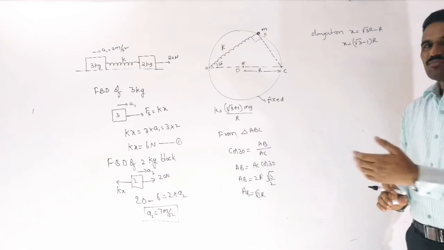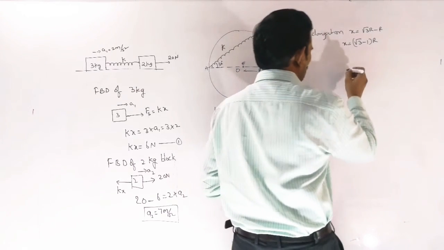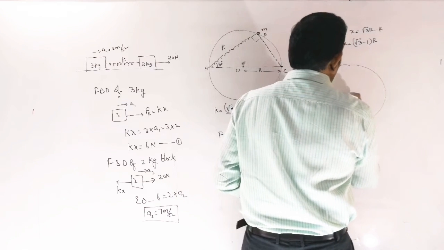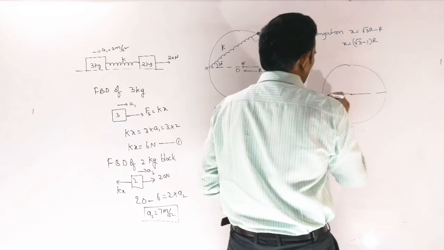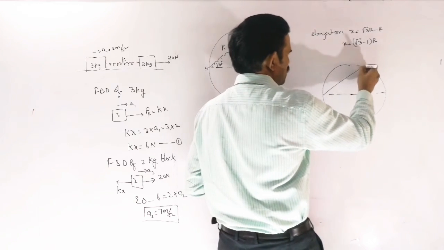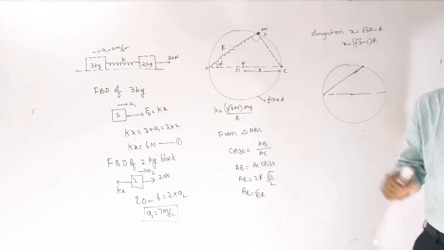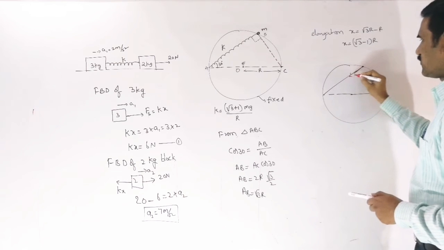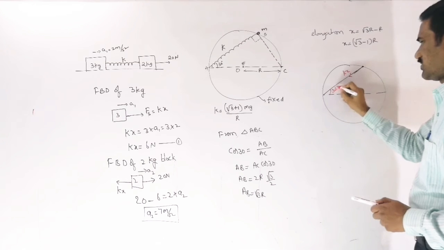And now let us come to the free body diagram of the bead. For that I am drawing the circle also, so that you can identify clearly the directions of the different forces. This one line is along the length of the spring, and so the spring force will be along this direction, because the spring is in elongated state. This is the kx direction here, which makes an angle of 30 degrees.